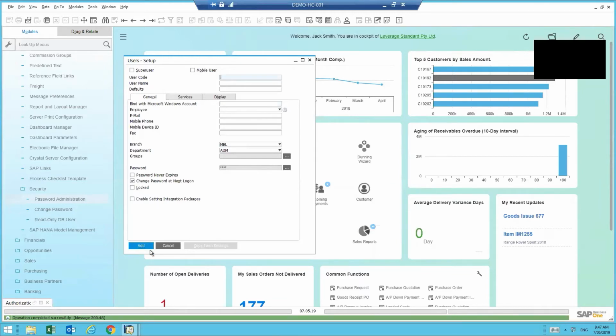And now she's in the system. So her credentials, the ability to log in to the system, is now in place. But before I go too far with setting up authorizations, there's a few other sort of master data considerations with